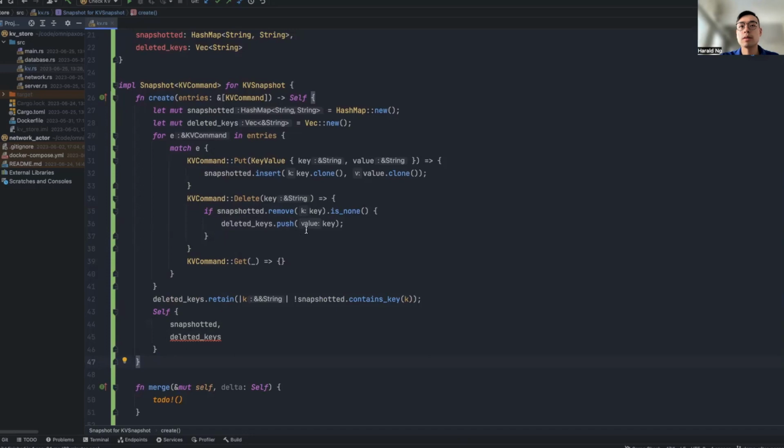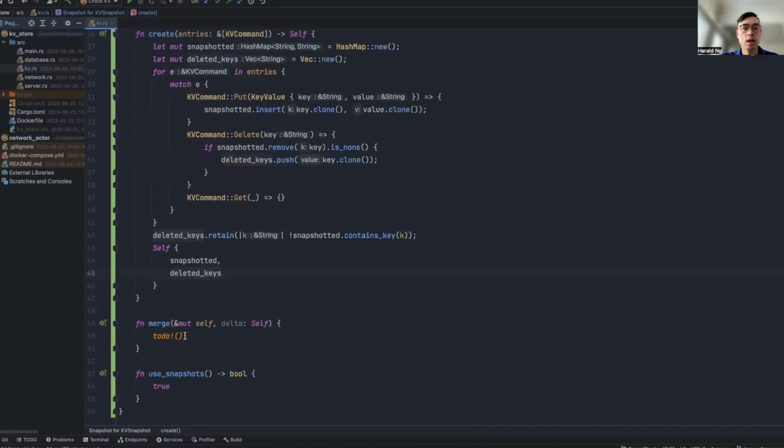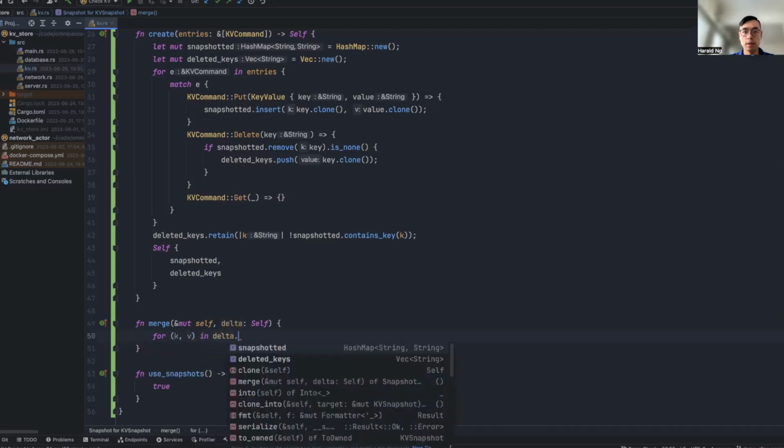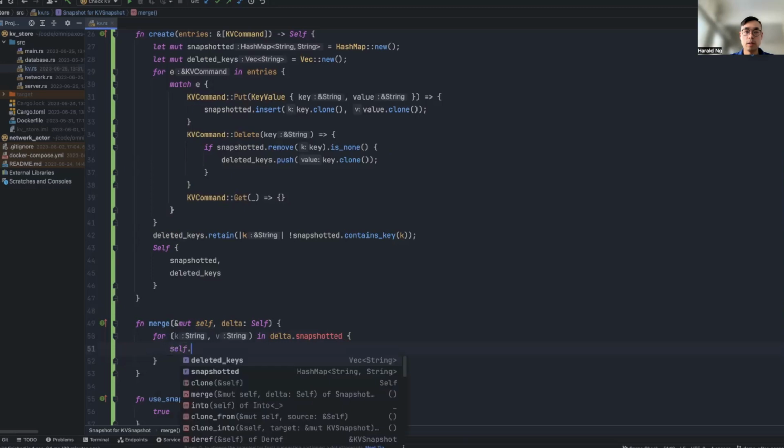Here, and I think this push needs to be closed. Yeah. And now, so this is how we create a snapshot. And next up is how we merge the current snapshot with a newer snapshot, the diffs of a newer snapshot. So for that, we will iterate through the key value pairs in the more updated snapshot, the diffs, which is like this. And then we simply insert it into our snapshot